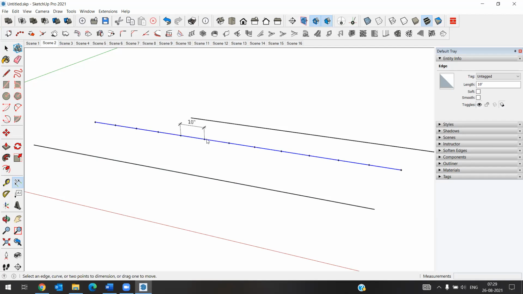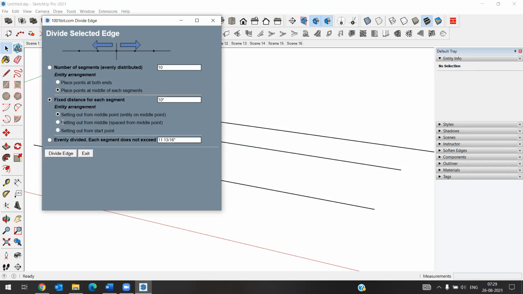Okay, each part will be 10 inches. If you see anywhere like this, in this way it will make a 10-inch one. Otherwise, it will set out from the middle of that. See here, it will points like in the second option here, in first one. And third one is setting out from the starting point. So whatever it will come 10 inches, it will keep 10 inches and the remaining piece will remain, meaning below 10 inches.